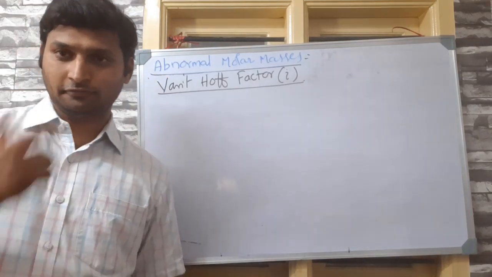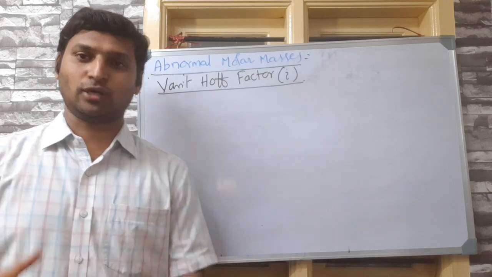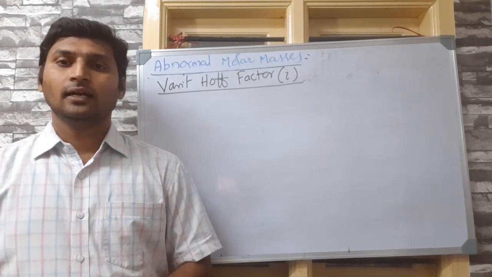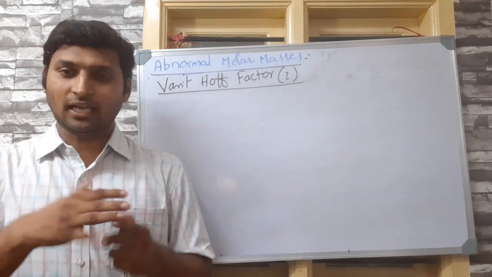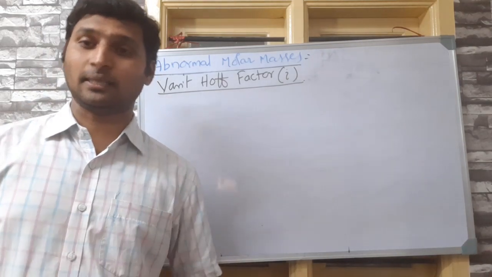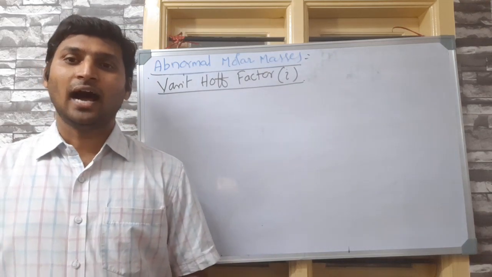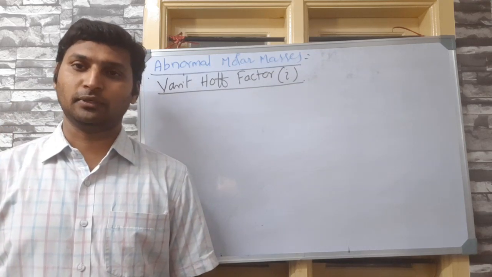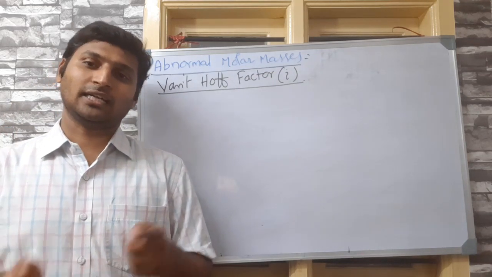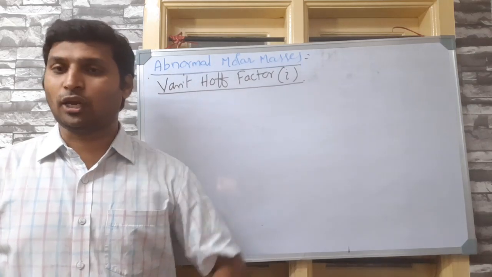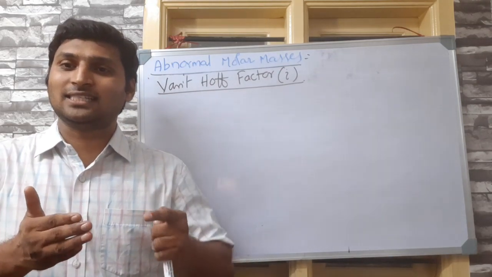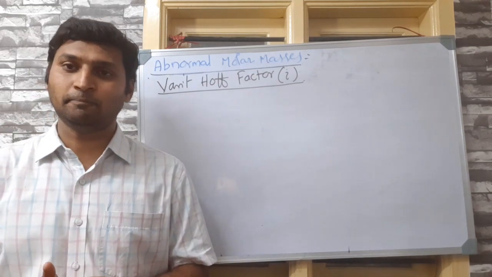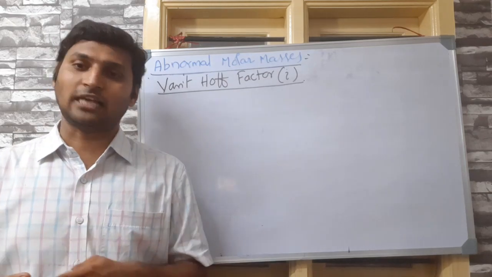The scientist Van't Hoff, whom I introduced yesterday when I was talking about osmotic pressure, Van't Hoff law, somewhere around 1880s, observed this abnormality in molar masses obtained from colligative properties and suggested a mathematical correction for these colligative properties, such that if this mathematical correction is incorporated into the formula of colligative properties, we should end up getting the same value as expected theoretically despite the association or dissociation, so that the molar mass also comes accurately.